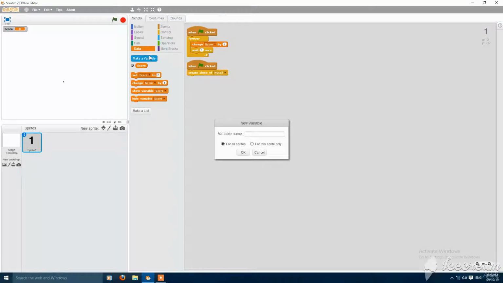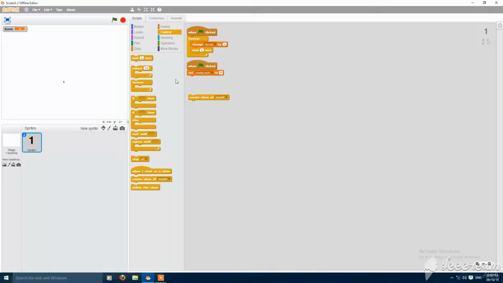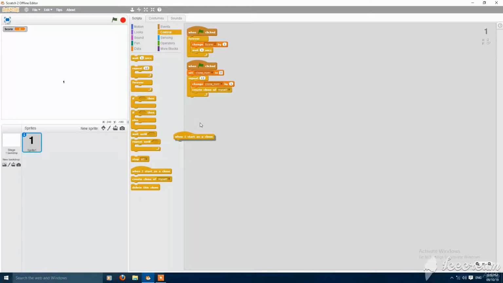and then make two variables, clone number for this sprite only and clone id for this sprite only. Then set clone number to 0, repeat 10 or the number of digits you want to render. I think 12 will be enough. Create clone of myself and change clone number by 1. Then when I start as a clone,